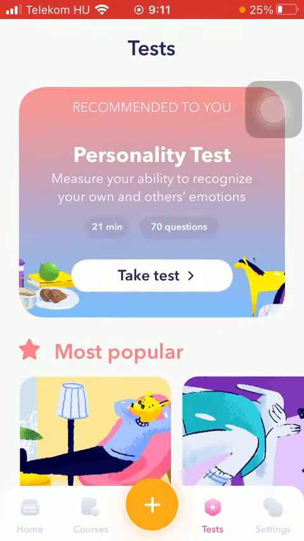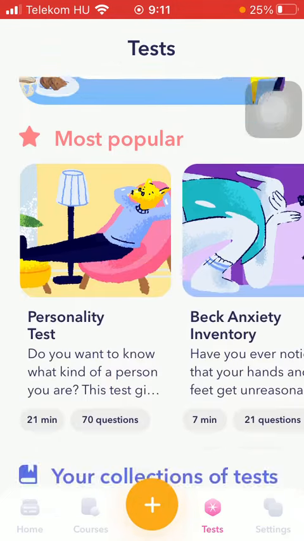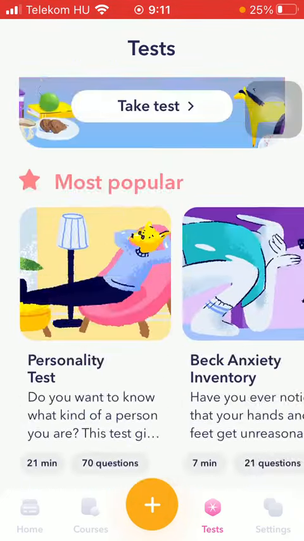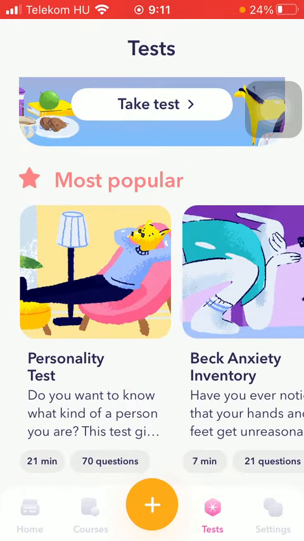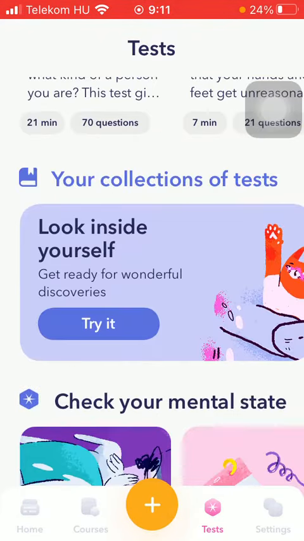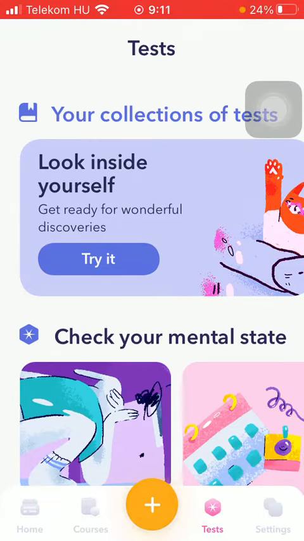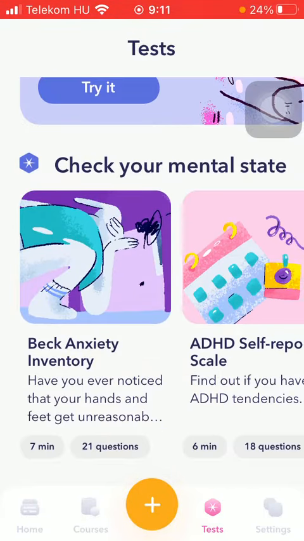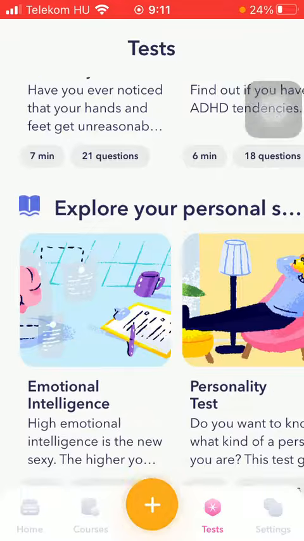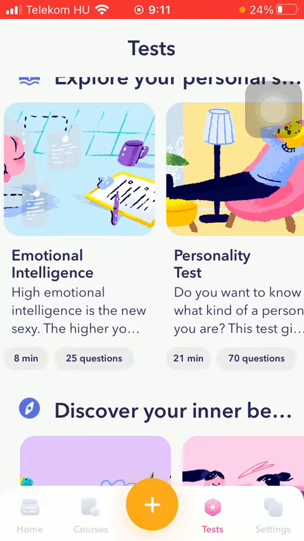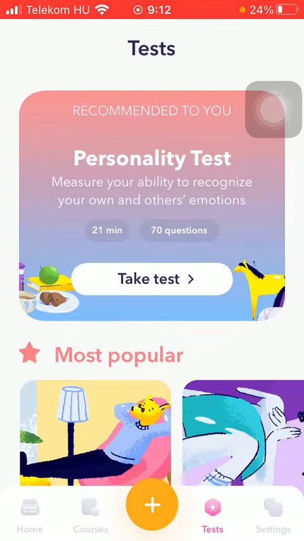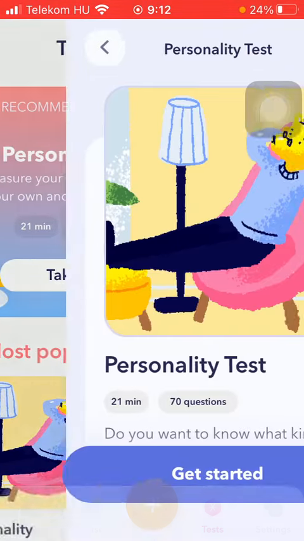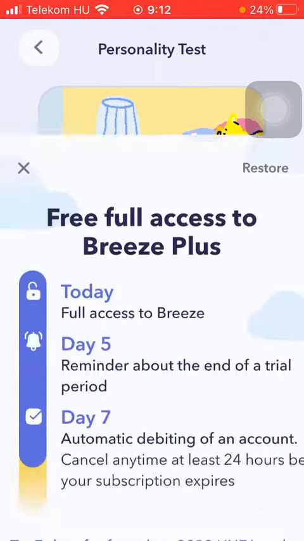After that, you can see that you have a bunch of tests organized into categories, such as a personality test. Here you can find the most popular ones. Then as you scroll down, you can check out your collections of tests, check your mental state, explore your personality. So tap on a relevant one that you are interested in, tap on take test, click on get started,